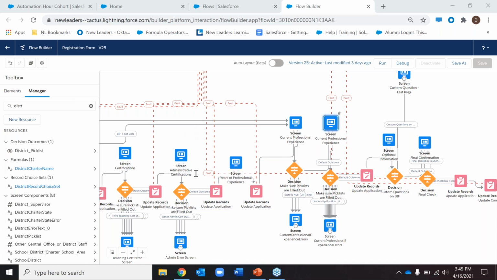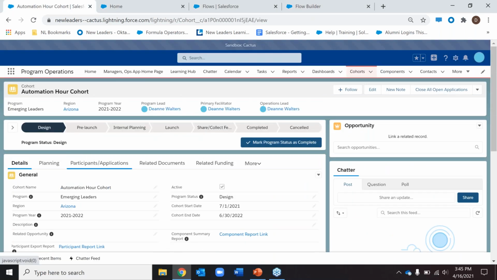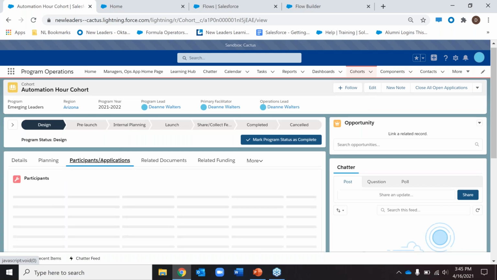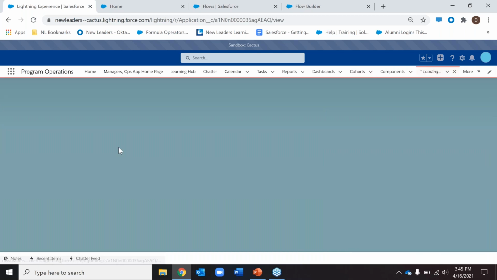For those incoming applications, are you doing a review of those applications in Salesforce with another flow? No, all of this information gets populated into an application record, which I can actually show you. So if you go to the Participants and Applicants tab, and then go to Applications,